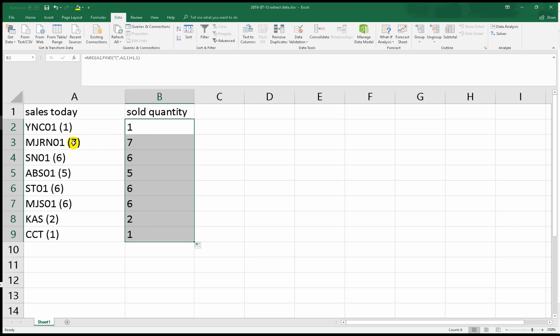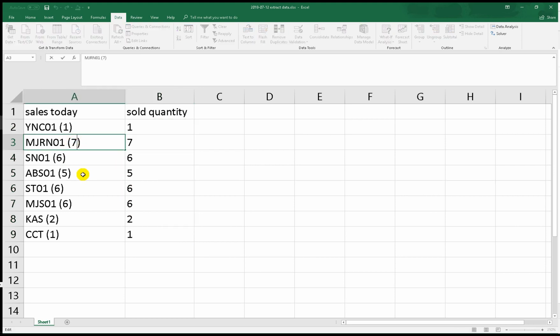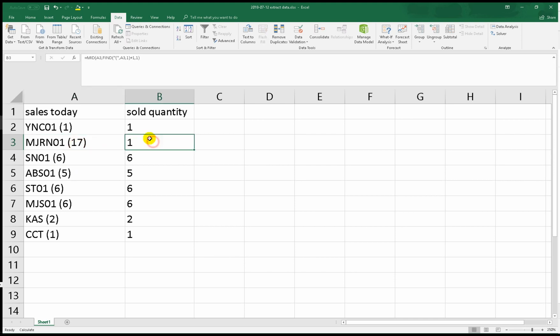Now what if the quantity is 2 digits? For example, we put 17 on this one. This is wrong, this is a failure. So we have to modify our formula. We have to modify the number of characters for the quantity. To solve this problem, you have to see